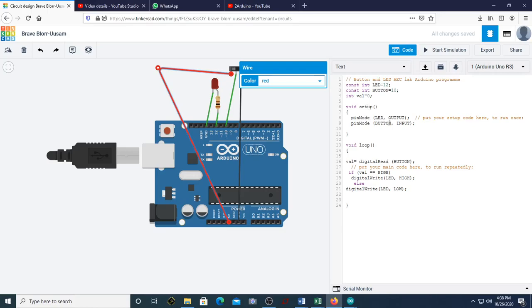So this is the definition of the input and output. Input is button, output is LED. We are digitally reading the button value into val. If the val value is high, you make the LED on. If the val is low, then you make the LED low. This is the gist of the program.